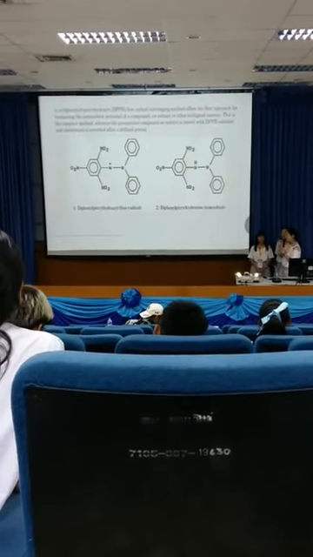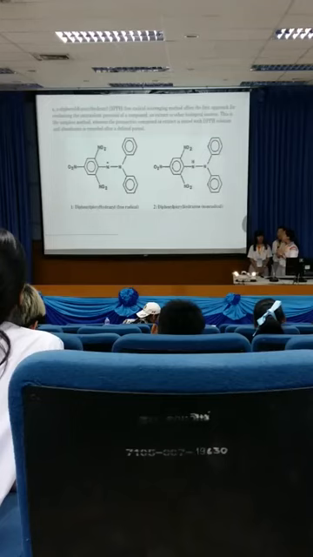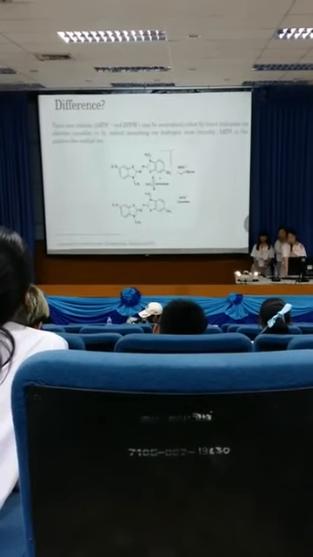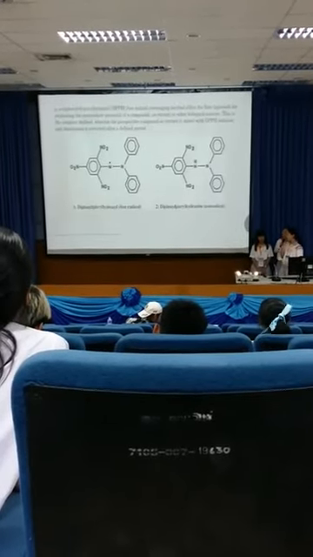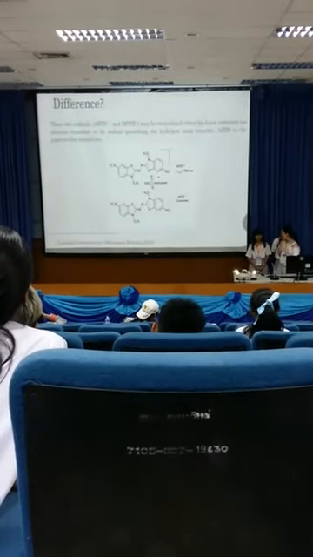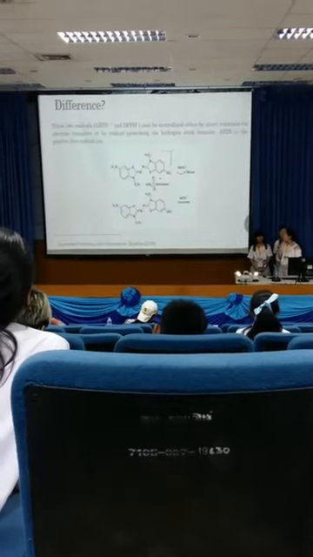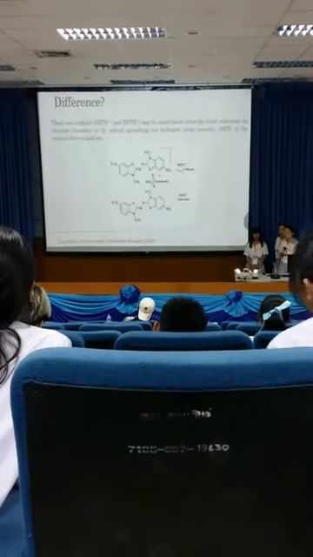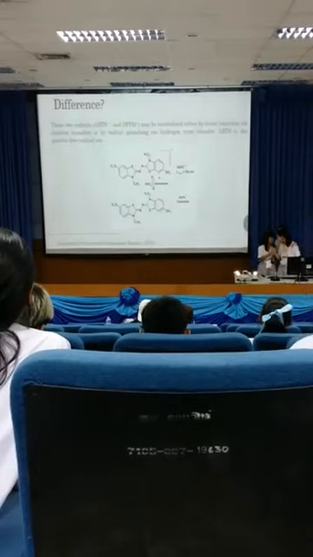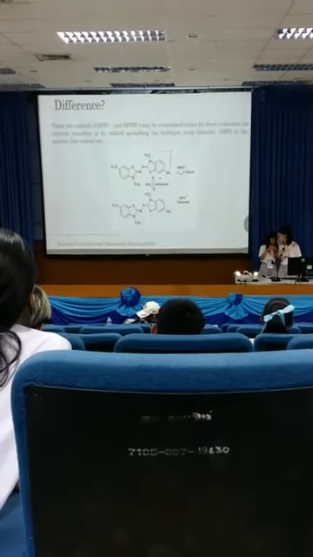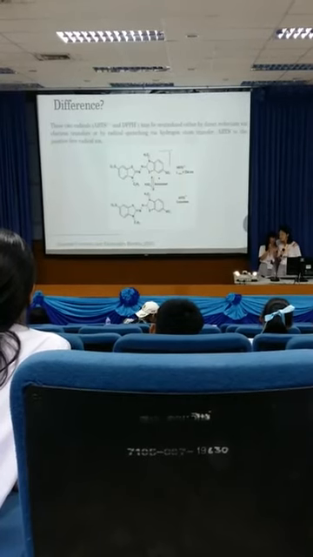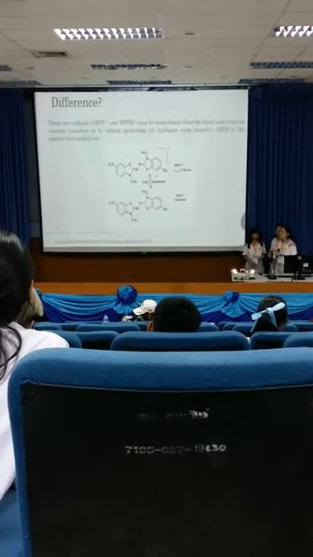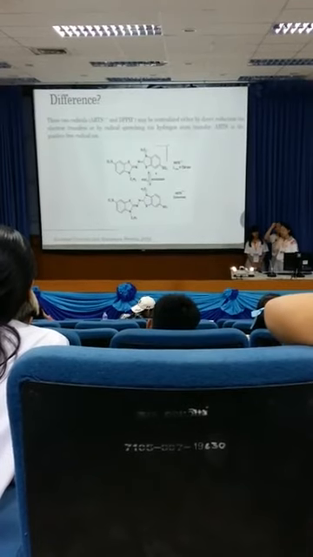The DPPH and ABTS are different in theory: for the ABTS it has to be the positive ion to offset the radical, and the DPPH is the